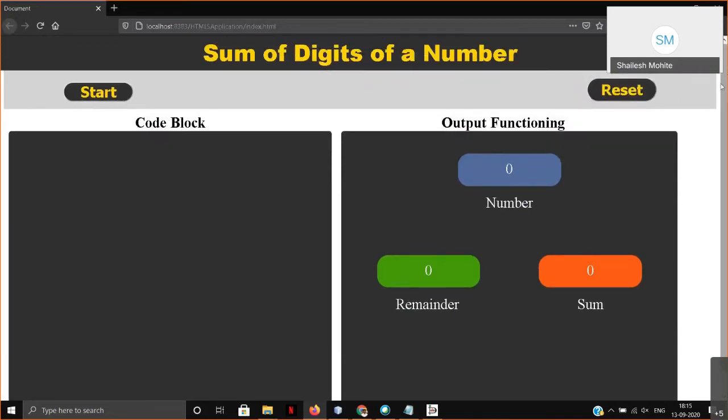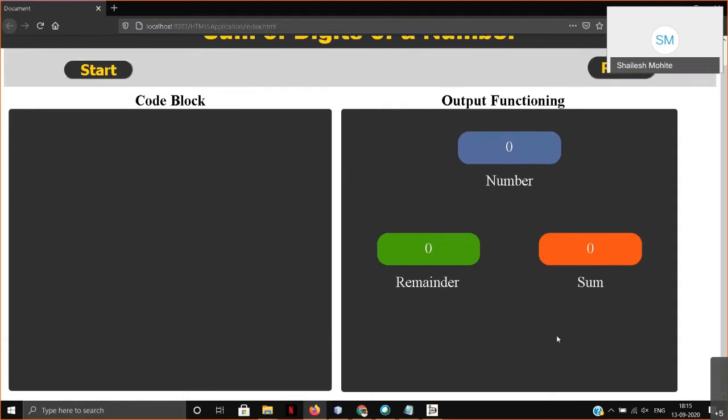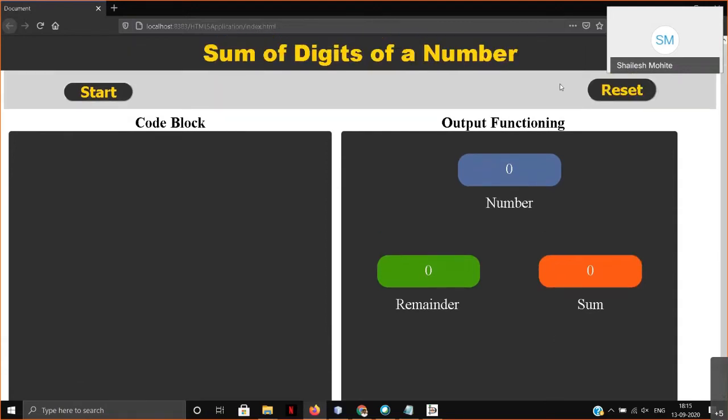Your whole content should fit in a single window, like this. Otherwise the student will get confused about where the start and reset buttons are if he goes down, down, and down. It is a small thing we should keep in mind, that all the content should be in a single window.